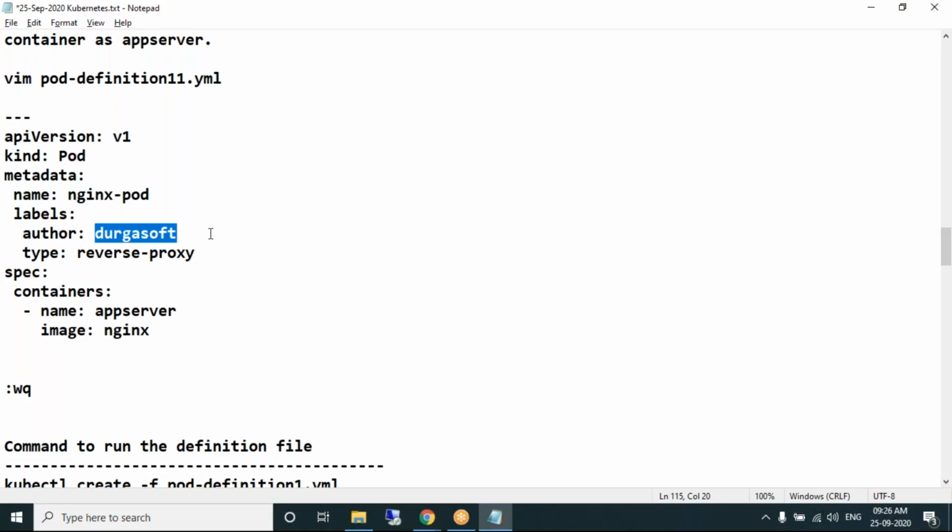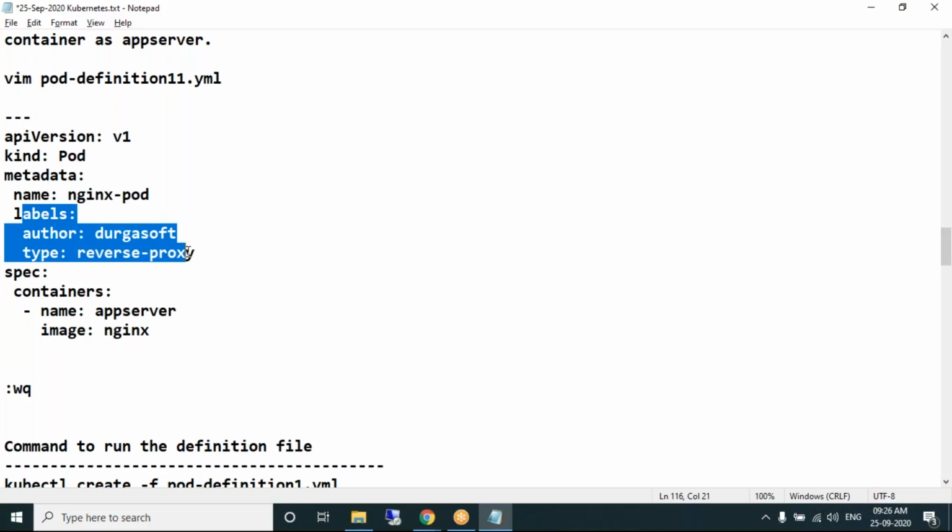You have pod 1, pod 2, pod 3, pod 4. Every pod will have its own name. That's okay. But you want to perform group activities, deleting all the pods whose author is Durgasoft. That is possible when you have a label. That's the advantage of having a label. You can perform group activities. So labels are user defined.